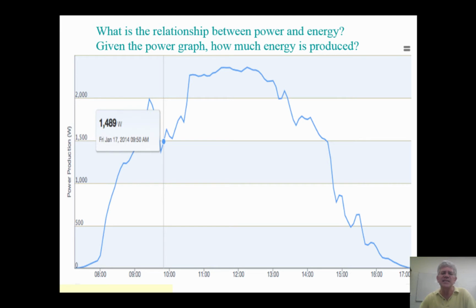Well, I would hope in this lesson on power and energy, we do not have a formula for this curve. All we have is a set of data points which we can keep in a spreadsheet, for example, and the power is given by that data, not by a formula. So we don't know how to take an antiderivative because we don't have a function or a formula. So we really have to add up boxes to find the area under the curve. We think that on a very short time interval, the power is about constant. So we can approximate this curve by a bunch of short horizontal lines and then find the area under all